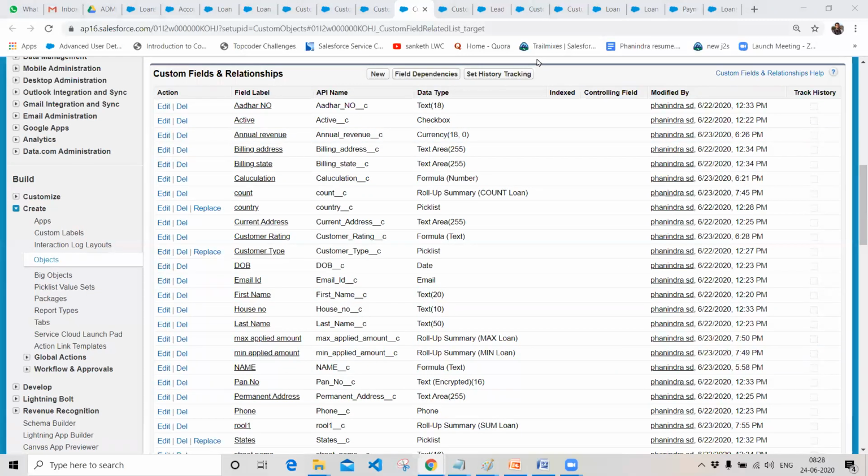So that's the end of the topic. Tomorrow we will be discussing security controllers. We are done with the data model part. Basically, I said we have a data model, security controllers, automated business processes, and reports and dashboards. We are done with the data model. Tomorrow and the day after tomorrow, we will be discussing the security models, like how we can share the records in our organization and who can see whose records. We will be discussing them tomorrow in the sharing rules. Okay, that's all for today's session.